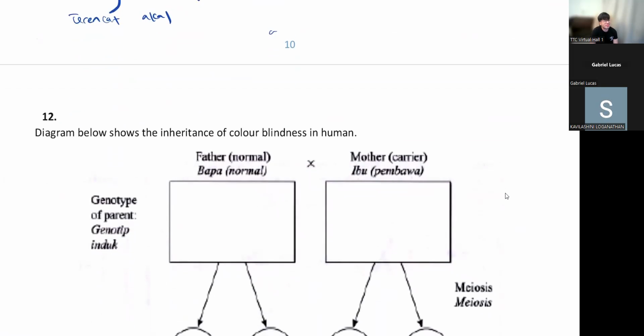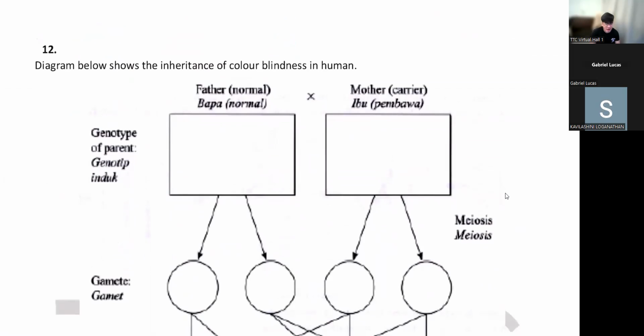Okay, so anyway, let's go to number 12. I will speed through these things because you already learned this like a few months ago. They should be quite fresh in your memory. If it's stored, then